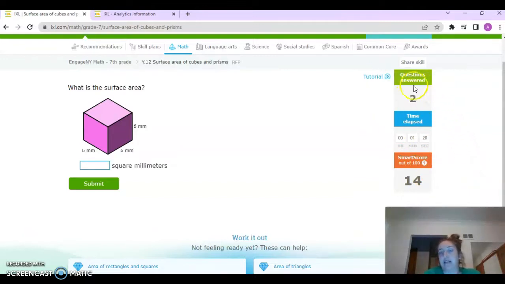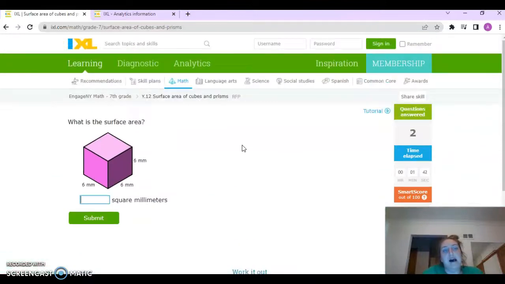I also will assign these when I do these is they have to answer a minimum of 20 questions. Normally if you answer 20 questions and you get everyone correct, it's normally a SMART score of 100 anyways. So kind of giving them that opportunity to continue working for a better grade. And the SMART score is just a really great way of measuring where you are level-wise with each one of these skills. IXL is just a great